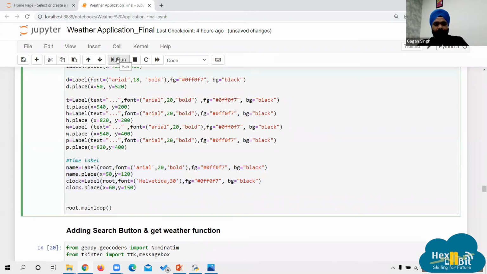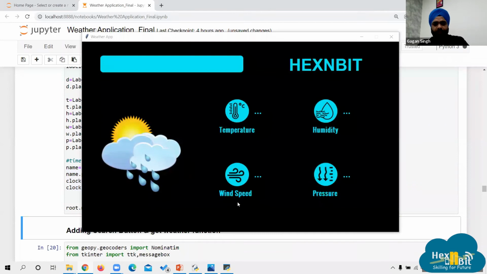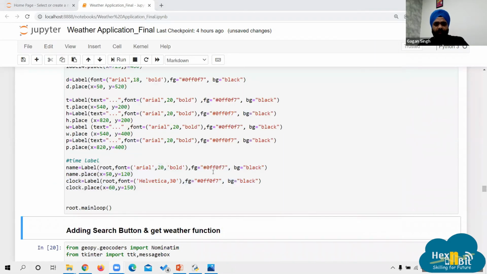And if I run it, in this at the moment, you won't see any difference. Time will appear here. Right. Labels are being created, but we are not setting any values to them. That's why you are not able to see those things. So labels are being created in the background. Now, this was about label and GUI.